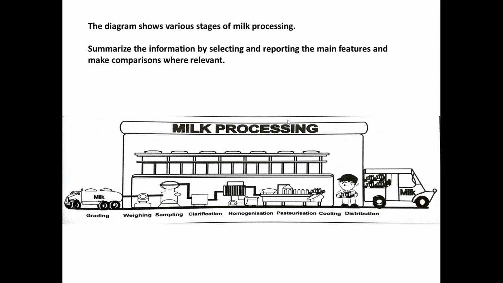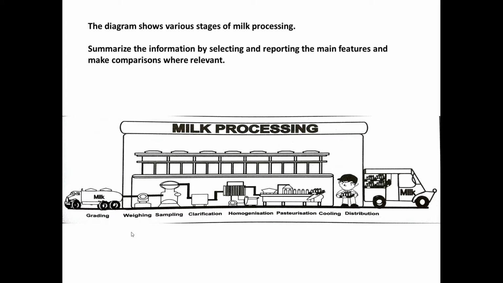Here we have the diagram, so let's read the information. This is very short information here. The diagram shows various stages of milk processing. Summarize the information by selecting and reporting the main features and make comparisons where relevant. So here we have to just write about the various stages of milk processing, and for that